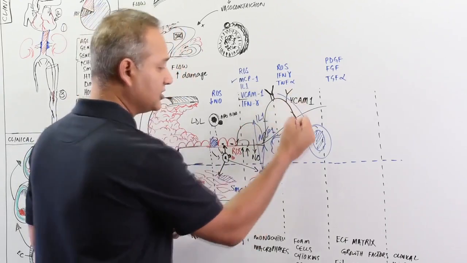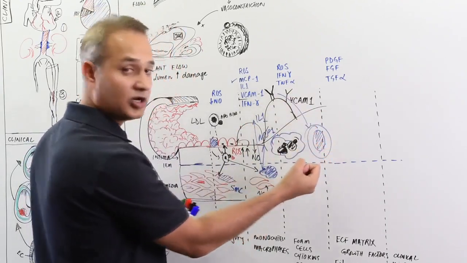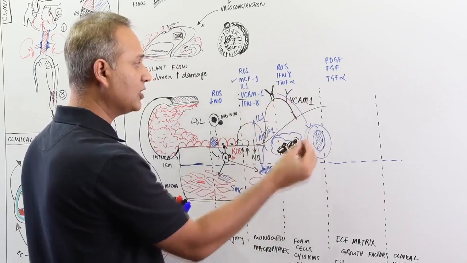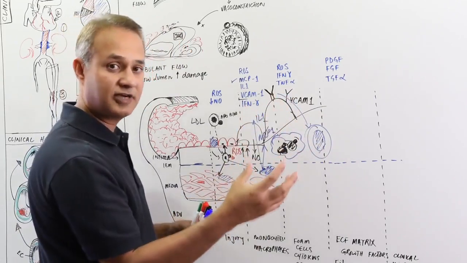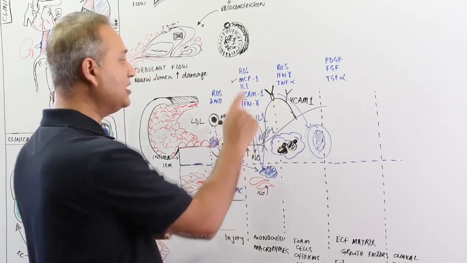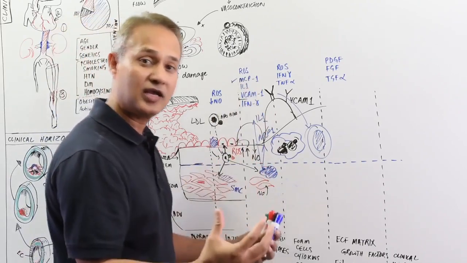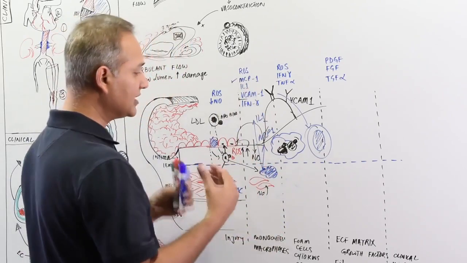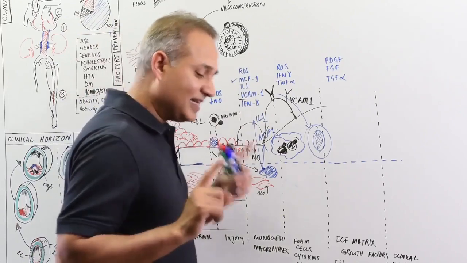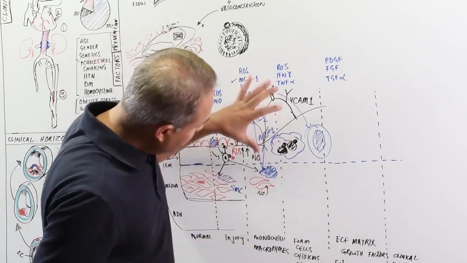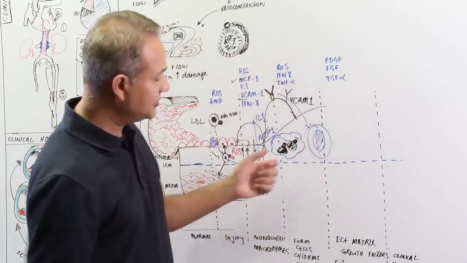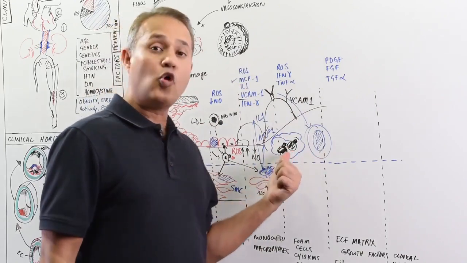Now in the inflammation process, it's very simple. Monocyte is brought in because there is increased VCAM, there is tumor necrosis factor out there, there is MCP1 out there, there is interleukin 1 out there. Monocyte came in. Now can I say this, that at this stage in the atheroma development, there are some old